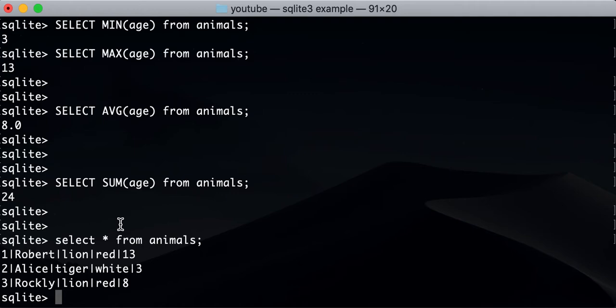Let's say we want to list all the animals whose name starts with the character R. Basically we want Rocky and Robert, right? But when our table is large, we don't easily get those. So let's say select all from animals where